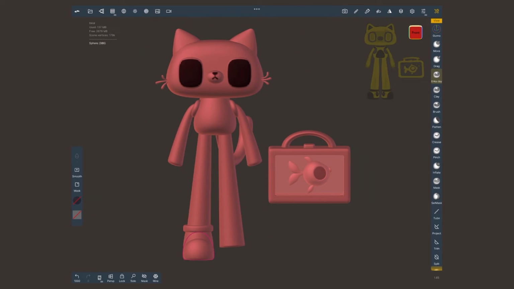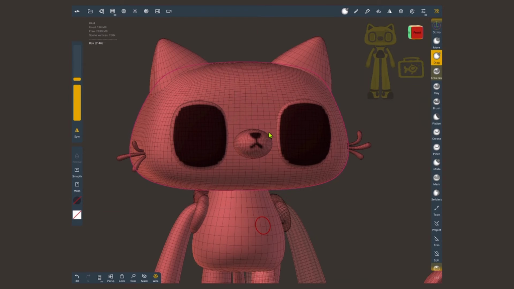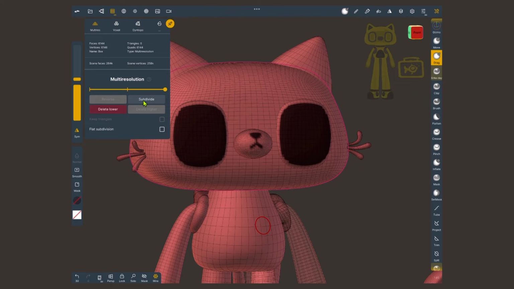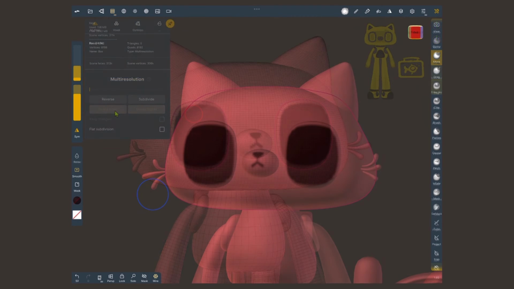Now that I have my pieces, I'm gonna start merging it together in groups. The head, ears, eyes, mouth and whiskers are gonna move together as a unit, so I'll merge them into one object. First thing that you wanna make sure is that all the surfaces are smooth. So select your object, go into the topology menu, add subdivision levels, delete the lower levels, do this exact same process for all the other objects, make sure that everything looks smooth.